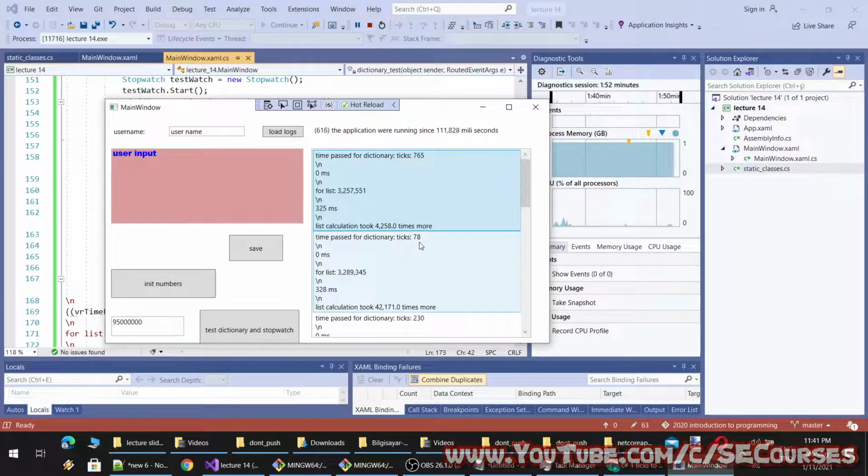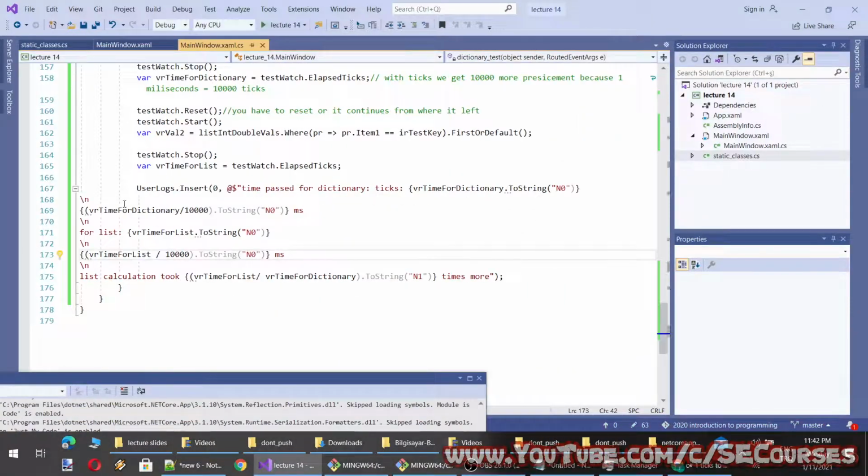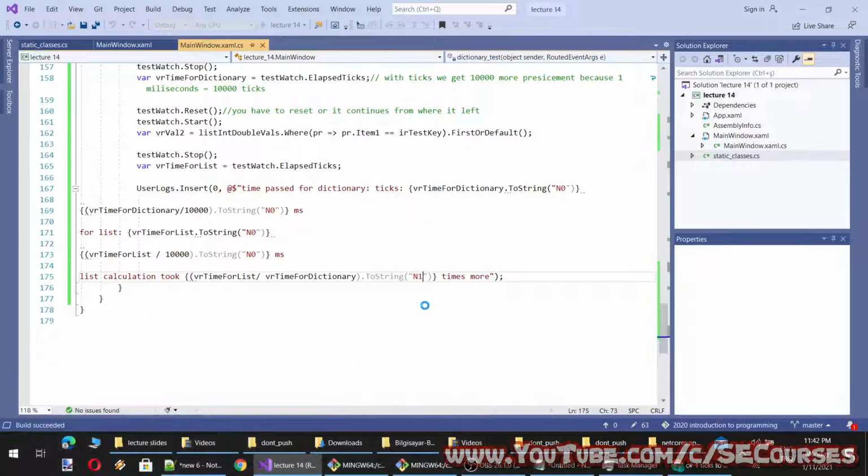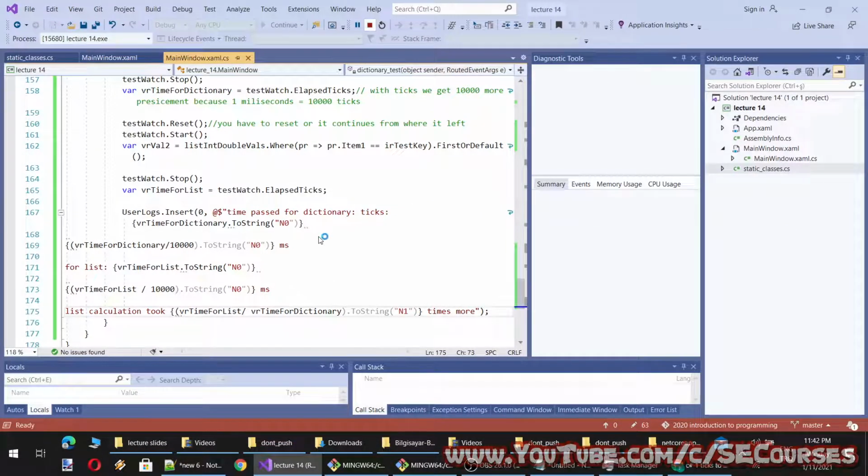Therefore, it is taking 10 times more time, and this new line character is not being applied, so I will remove them. However, it is already seeing this as a multi-line because we are using this add special character at the beginning of our string. Also, I will remove this N1 because it doesn't make sense in this case. All right,